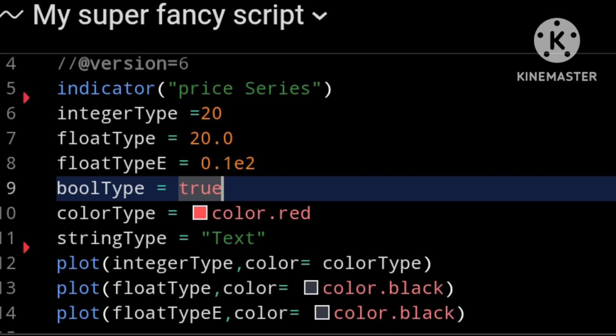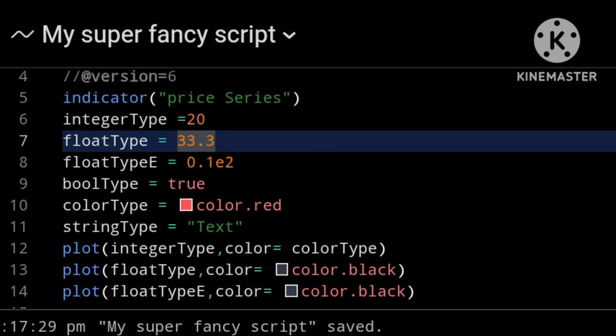So let me change this to color and I will change this to color as well and we will save the script. So now you can see that we are plotting our integer type as 20. It is just a whole number and then our float type. Let me change my float type to 33.3 and save the script.